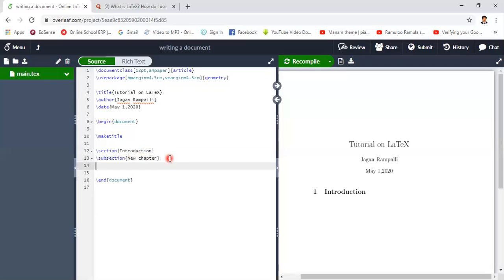You can write about something in this new chapter, like the documents that LaTeX produces are extremely professional looking. Let us leave this. Okay, now compile this.